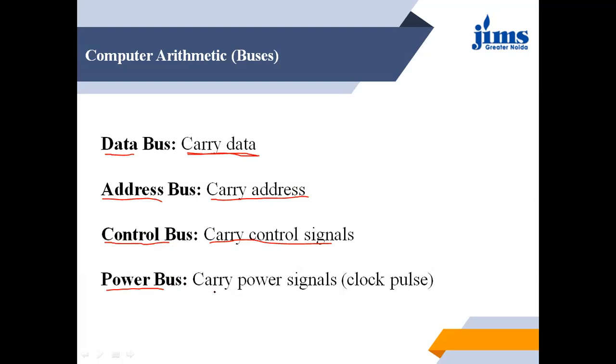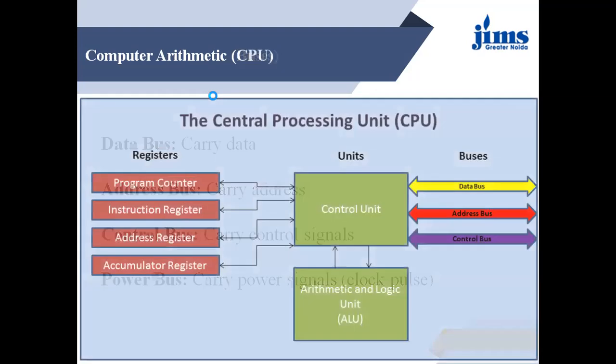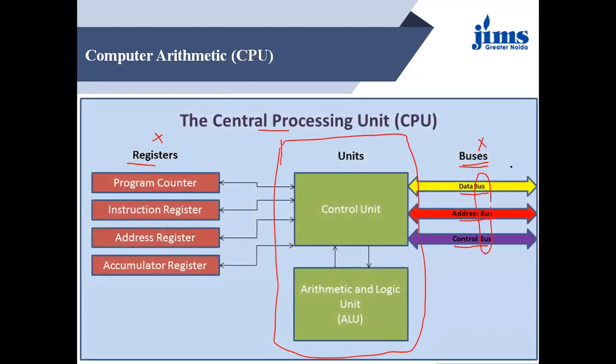As we discussed, operations are going to be performed based on clock pulse. That is, how the operation is going to be performed, means in synchronous mode or asynchronous mode, or at what time, that is positive edge, negative edge. So these are generally four different types of buses we are using in a computer system. So this was about the buses.